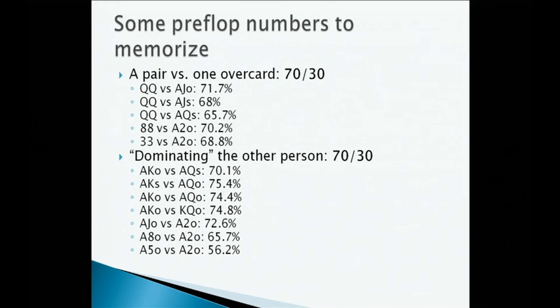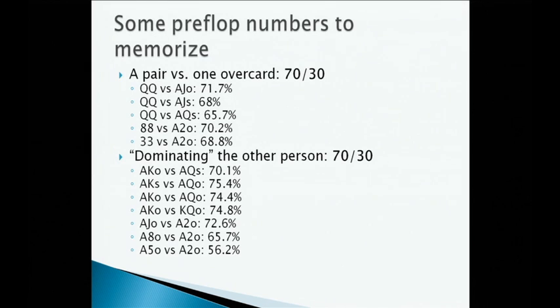Even though ace king off against ace queen off, you're 74.4%. Ace king off versus king queen off, you're 74.8%, and you're a bit better because it's harder to tie with the ace. So when you both have an ace, it's possible the board will come with two pairs, like 6, 6, 7, 7, 8, and then both of you will have two pairs of 6s and 7s with the ace kicker. But that's less likely to happen if your bottom card is their top card instead of your top card being their top card.